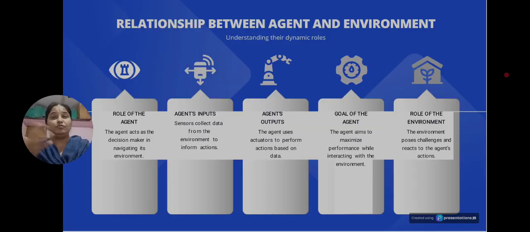Now, before going into the relationship between the agent and the environment, we should know a few properties of the environments. We have many different useful properties in environments. First, the environment can be fully observable: what kind of environment we are using, what kind of input the agent is giving, all of it can be fully observed. And the next one is partially observable.